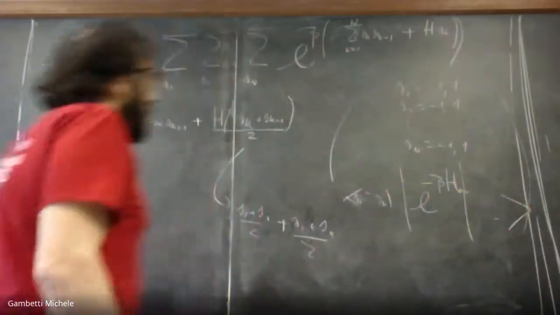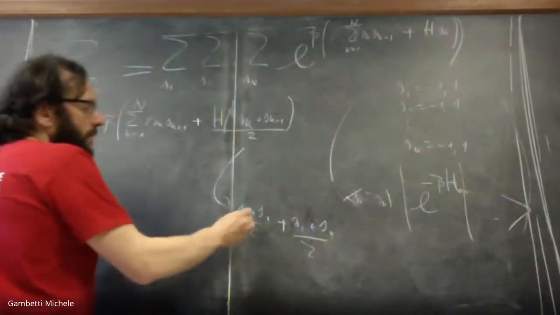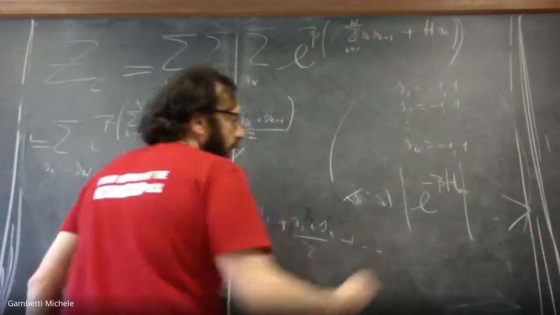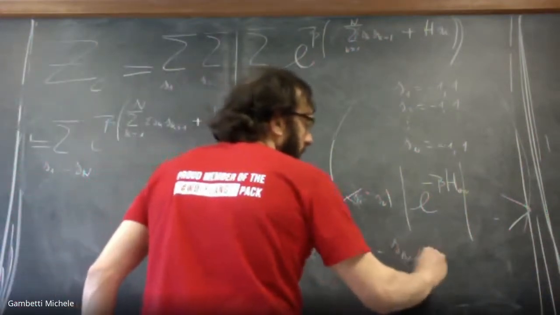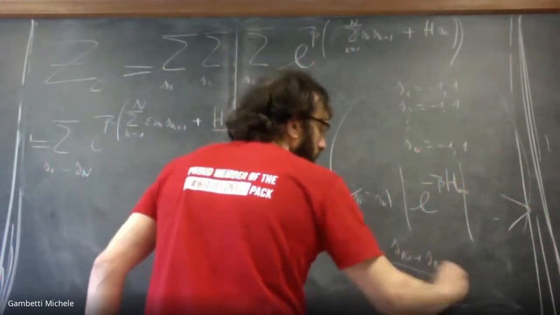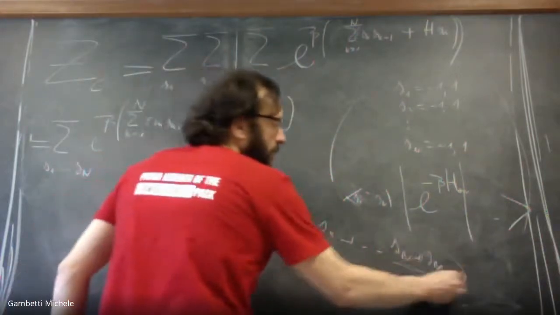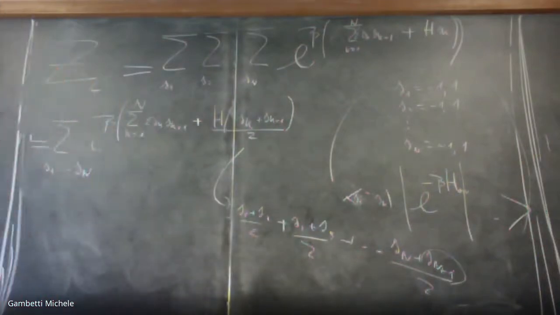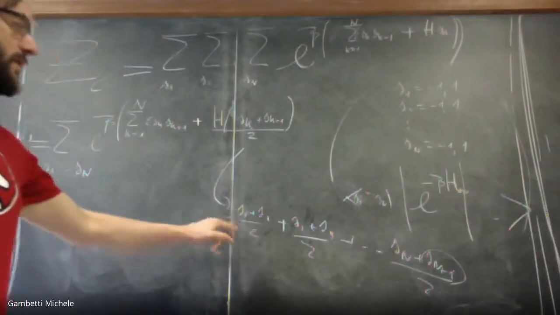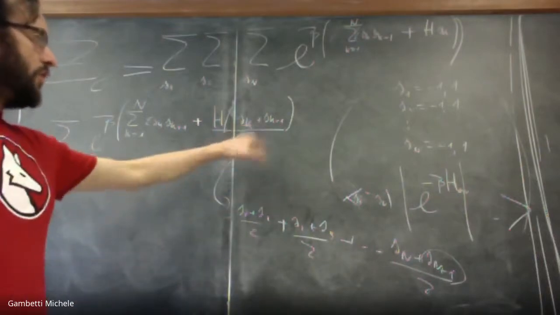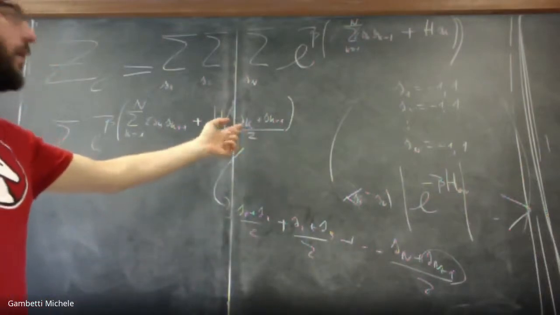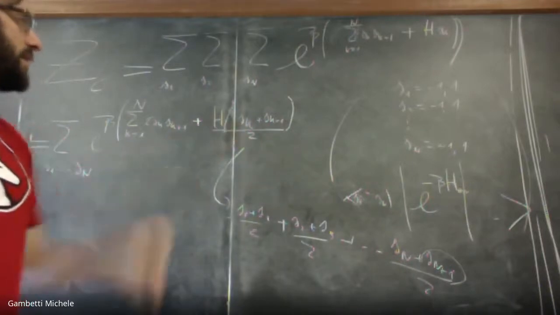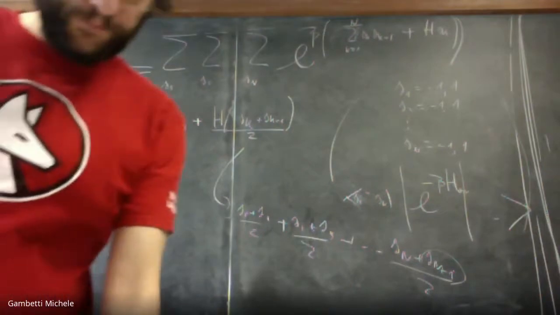And for the border, I get here S1 plus S2, and at the end I will have Sn plus Sn plus 1 divided by 2, but Sn plus 1 divided by 2 is equal to S1 divided by 2 because of the boundary conditions, and so therefore I will just have an S1, okay? So the boundary condition allows me to write this term as Sk plus 1 divided by 2. Okay.